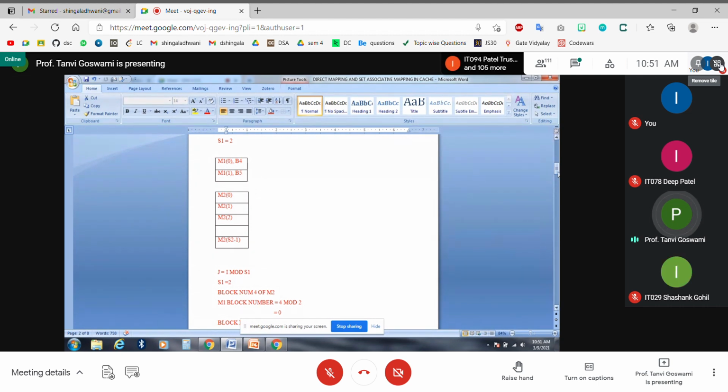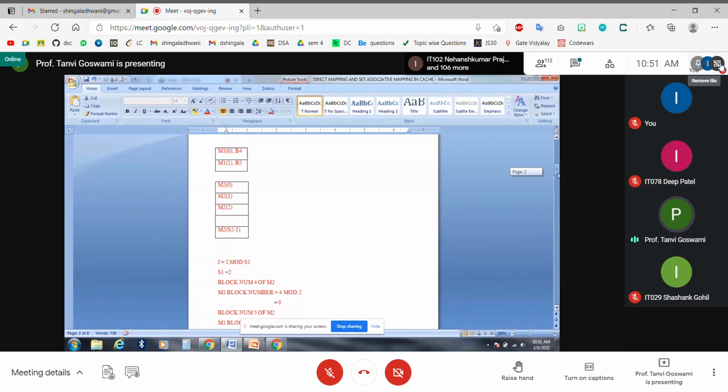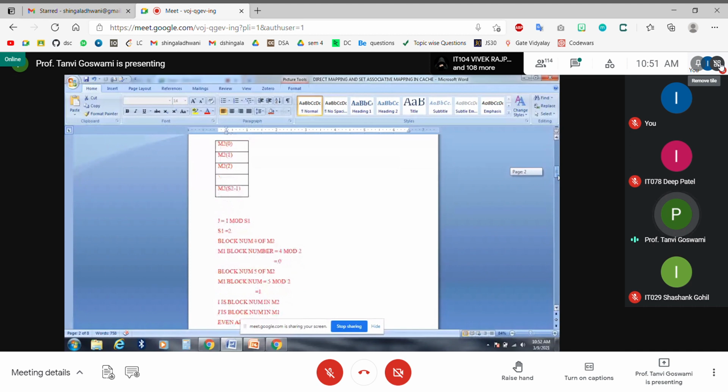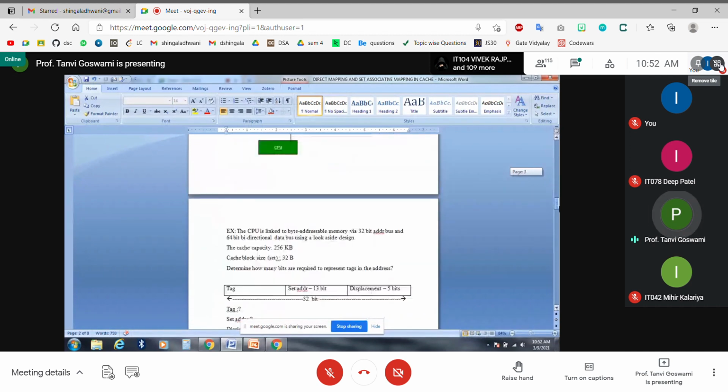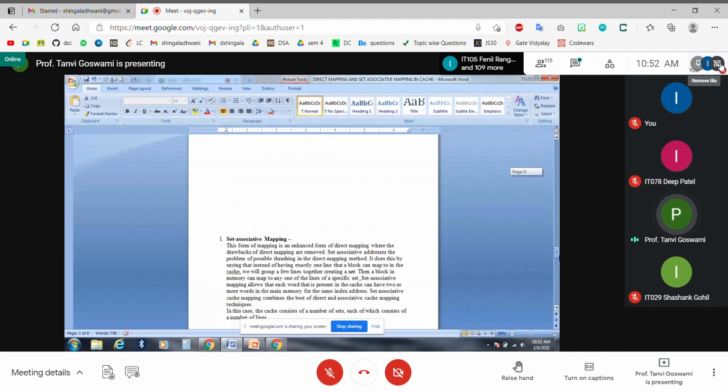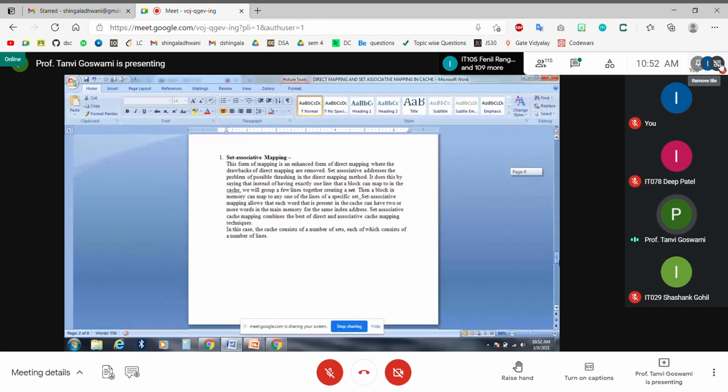What if I am having block numbers 2, 4, 6, 8, and all are frequently being used? In that case, these blocks will be frequently brought into the cache memory, then swapped out, then swapped in again, and it will go on. That will incur more time, and it is costly, because the CPU is involved in just transferring blocks of data to and from the main memory. That is a drawback of direct mapping. Though it is very simple, we cannot go with it. Therefore, the disadvantage of direct mapping is overcome by set associative mapping.